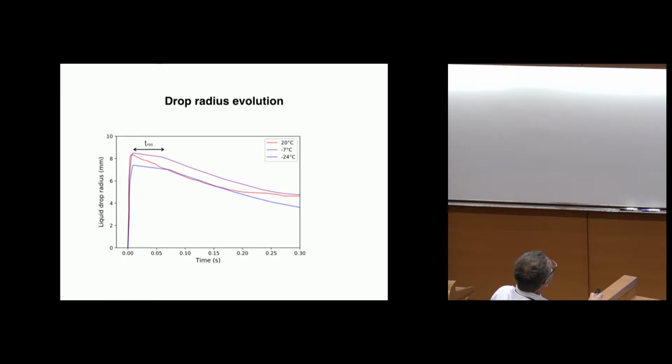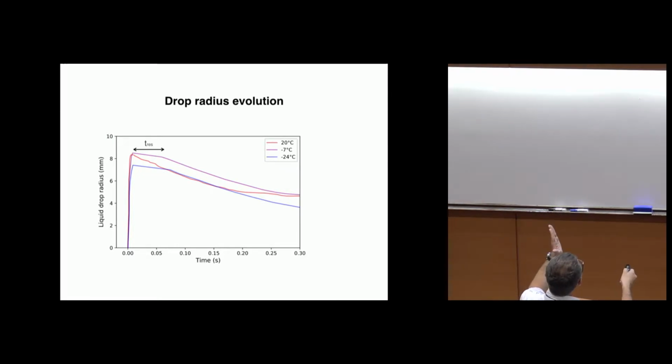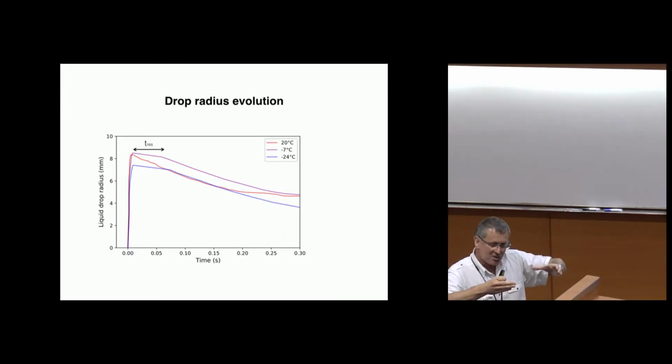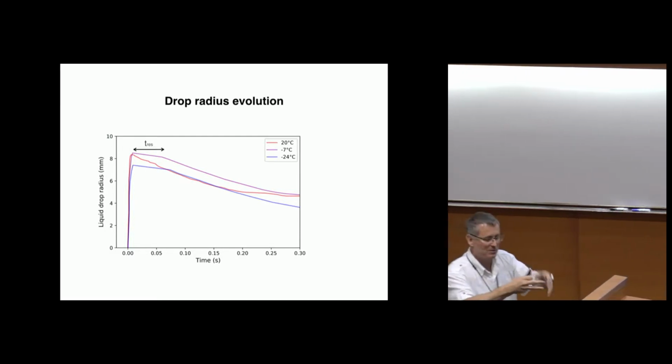it almost stops, and actually there is a very small receding, almost constant. There is a waiting time between this and this one. Here I call it the residence time, but it's a waiting time, during which the expansion of the liquid layer is almost not moving, at least moving very slowly. And then suddenly it retracts. So here when you change the slope, it's when the liquid layer starts to retract.